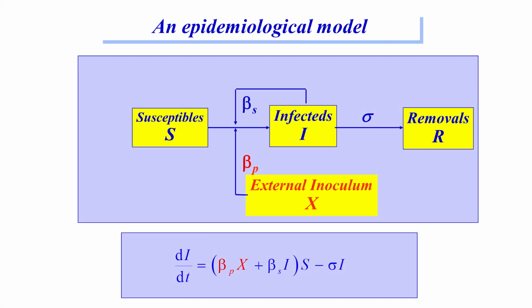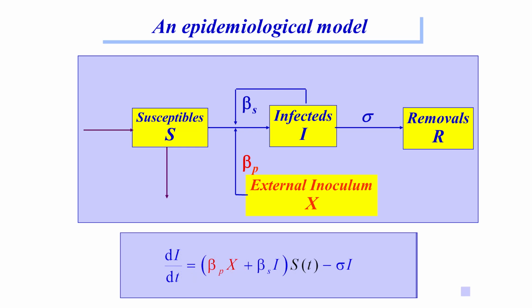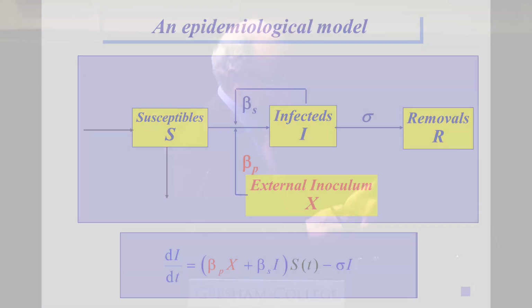It's possible to write an equation for this, and I really don't want to dwell on the equation because I want to go from there to thinking about how we can adapt this in various ways. Other numbers of plants grow, so the number of susceptibles increase over time. They also die, and we can allow for those. Of more importance is to think again about susceptibles, infecteds, and removals or removeds. Focus on the middle graph here.